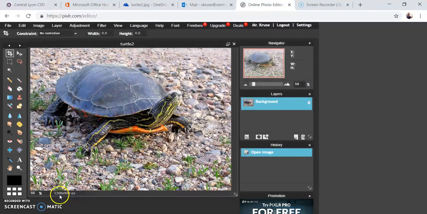And right now my picture is at 1200 by 900. At 50%, and I might want to crop this a little bit just to get some of the background out of there, or maybe I need that background room for adding in my other components from my other animals. So then